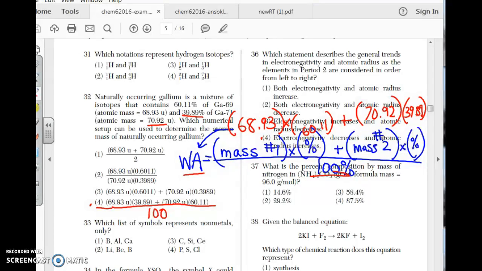So then what's the answer? Well, if you notice here, choice 3 is the result when you divide the percentages by 100%. Notice here, I took that 60.11% and divided it by 100. And in the next term, I took the 39.89%, divided it by 100, got 0.3989. So be careful, it's choice 3. It's not an infrequent question.